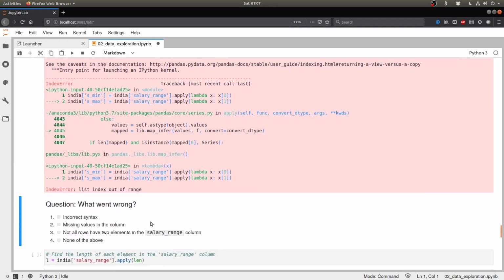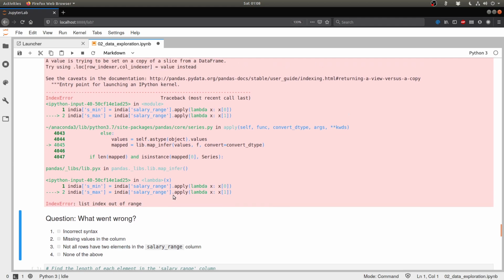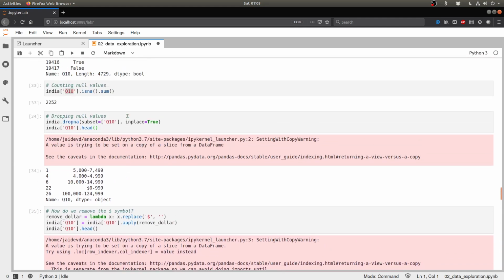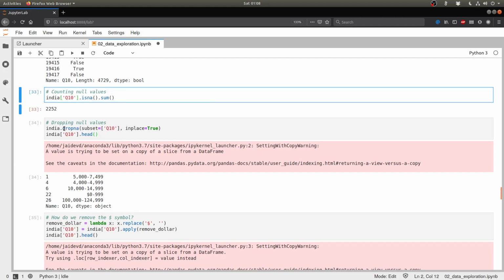Let's take a look. These are the reasons why it might have gone wrong. First is that we didn't write the code properly, which would have resulted in incorrect syntax, but that doesn't seem to be the problem because it has given me a specific index error. If it was a syntax error, it would have said so. There might be missing values in the column. That is also not the case because we have already dropped all the missing values when we did the dropna.